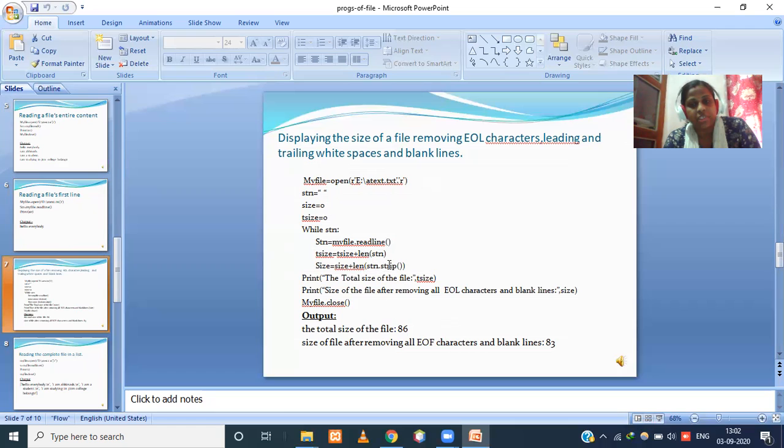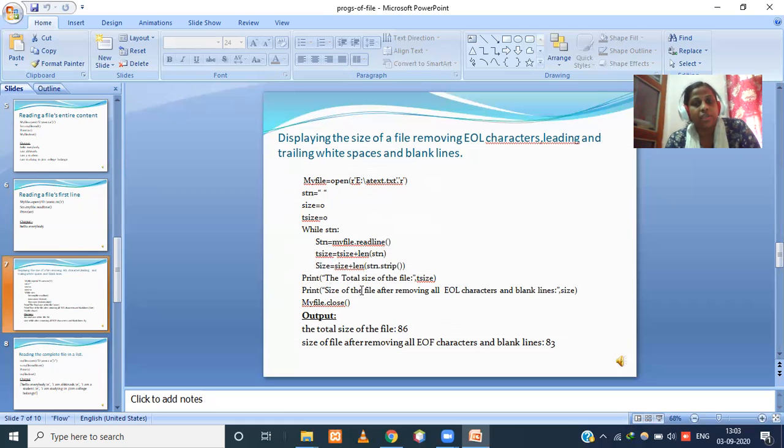उसका स्ट्राइप फंक्शन करेंगे तो पहले उसका सारा व्हाइट स्पेस और एंड ऑफ लाइन कैरेक्टर रिमूव हो जाएगा और लेंथ कैलकुलेट होगा यूजिंग द फंक्शन लेंथ. ओके, देन अभी जो साइज होगा वो साइज में स्टोर होगा. देन नेक्स्ट अगेन फर्स्ट लाइन ये हो गया. अभी फिर नेक्स्ट लाइन को रीड करेगा तो नेक्स्ट लाइन का भी वही टोटल लेंथ निकलेगा फिर स्ट्राइप के फंक्शन से विदाउट व्हाइट स्पेस उसका साइज निकलेगा. ऐसे करके ये फाइल पूरा रीड करेगा लाइन बाय लाइन.